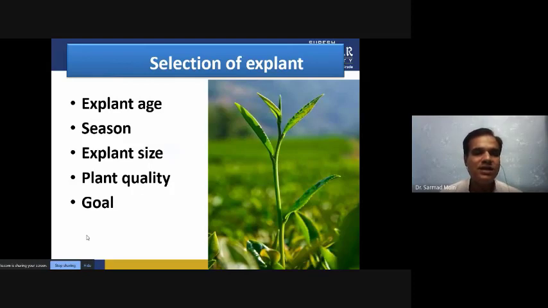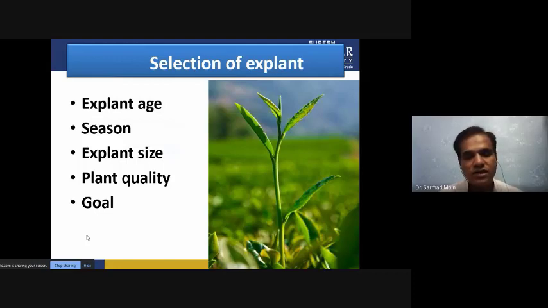When we are taking the explant from the mother plant, we always have to select the condition when the maximum growth is there. When a mother plant is showing maximum growth in a particular season, only that season we have to utilize to collect the explant. Plant size is also important. Since we are doing micropropagation, it relies on the size of the explant, in the micrometer size, and these micrometer-size cells or tissues can easily respond to the artificial media or environment.